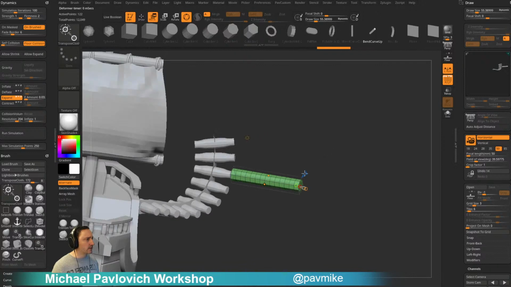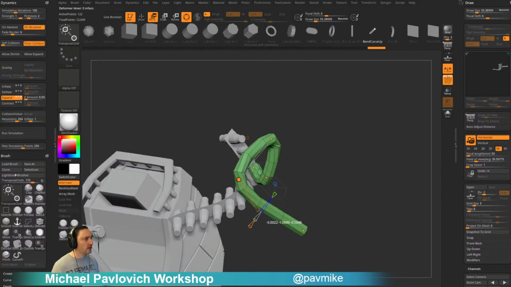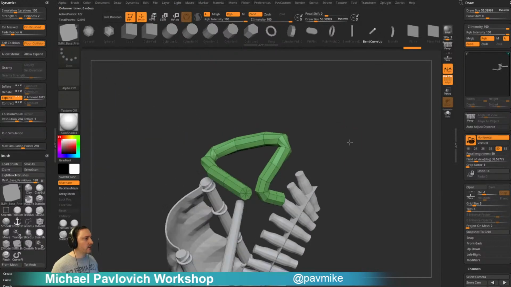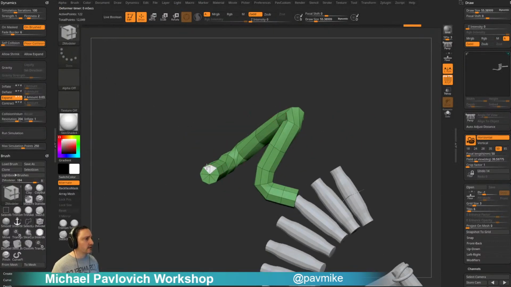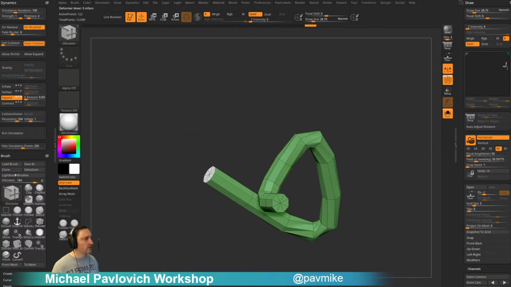But go in here to bend curve, and if you need a little bit more control over where these things are going, this is where you can say, I want it to twist this way and twist that way, and all the fancy things you want that path to do. And then now we'll go through here. These angles get a little sharp, so I'm not going to rely on polygroup by angle to do the job for me, but I can go through here and say